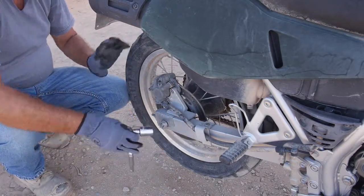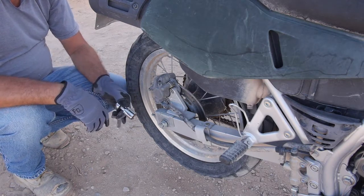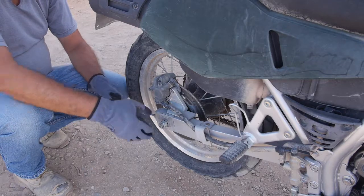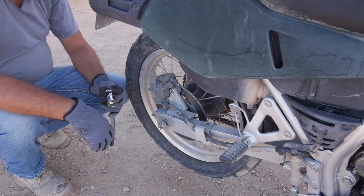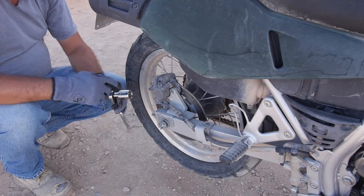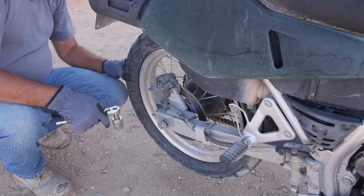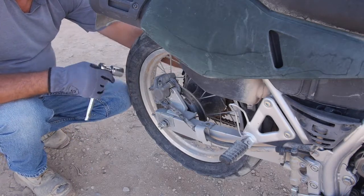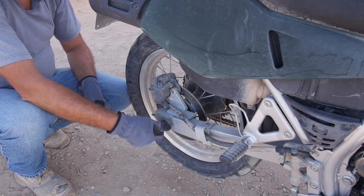At one point I got a 1/2-inch drive breaker bar. I was probably way over tightening this at one point, but I was like, yeah, I need to have this tighter. So I've got a 1/2-inch drive 24mm for this side, and I don't even remember what the other side is because I very seldom have to hold it. It's got enough friction so you can pop it loose on this side and then you're good to go. Alright, so